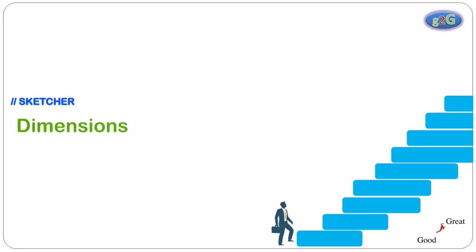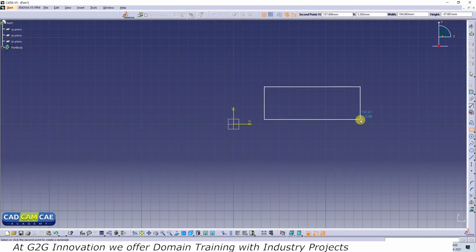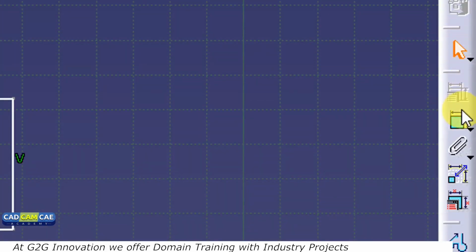So now we will see how to give dimensions to the sketches. So linear dimensions and angular dimensions. To start, we will draw a rectangle and try to give the dimensions. You can see this is the command for giving dimensions. It is called constraint. So click on this